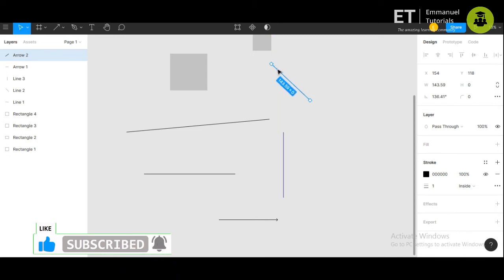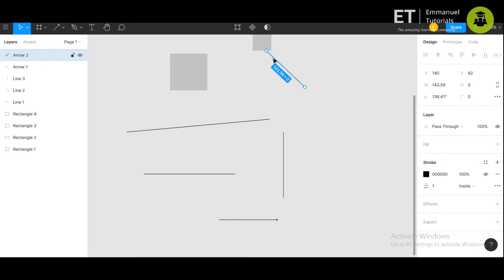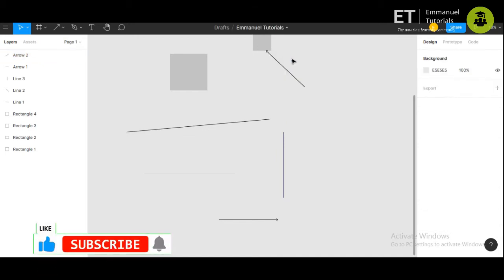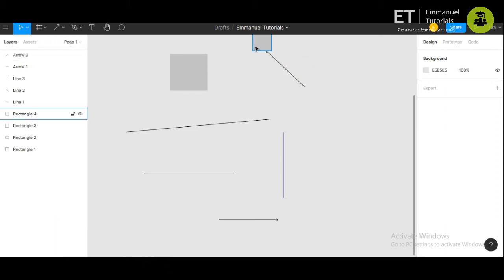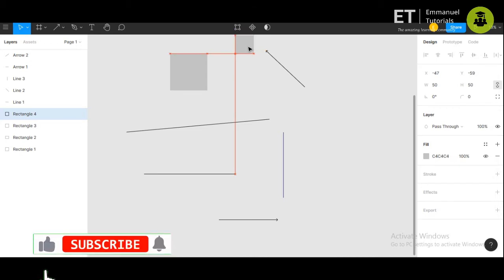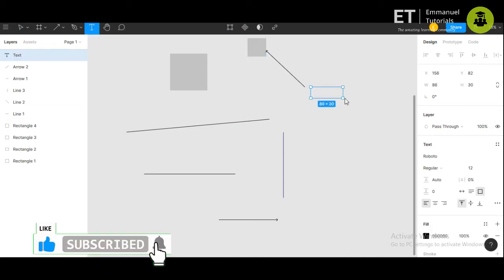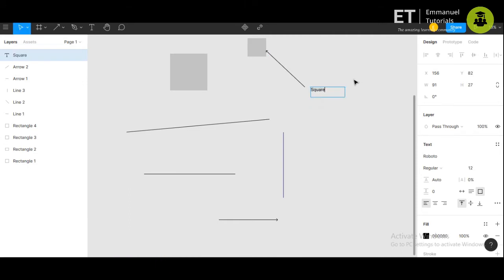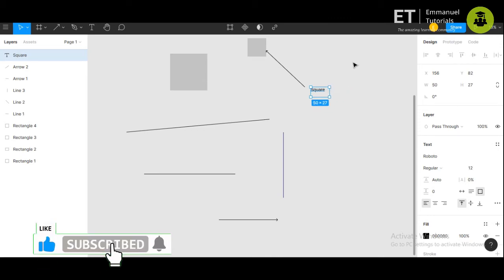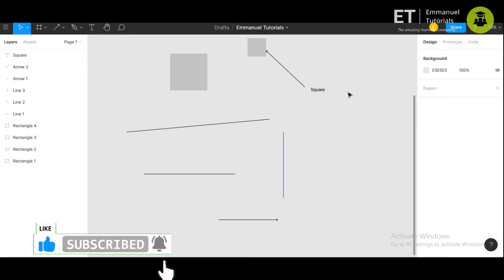So you can see that this looks like it is pointing to the square over here. So if you have some diagram where you want to show that this is pointing to a square, you can write the label. This way you can give labels to the parts of the image or wherever you are pointing this arrow to.